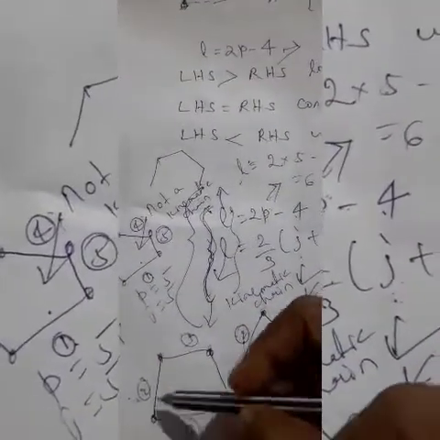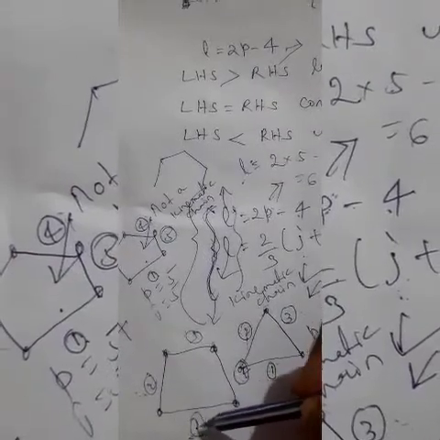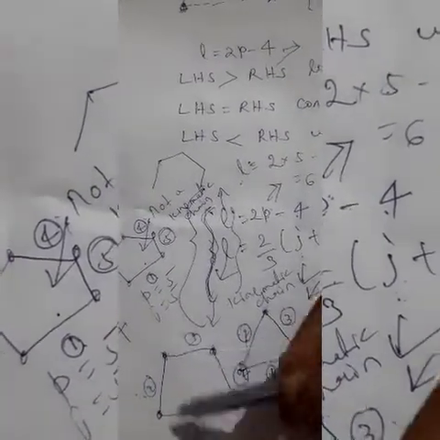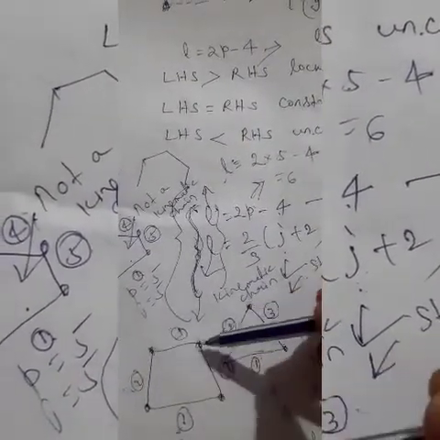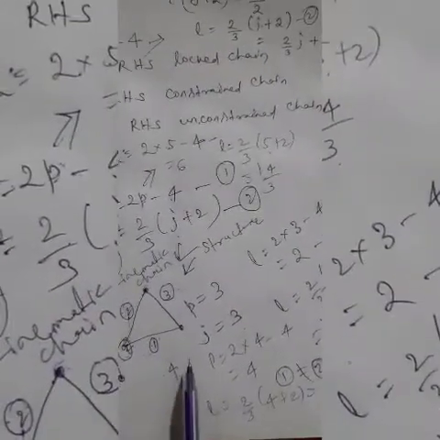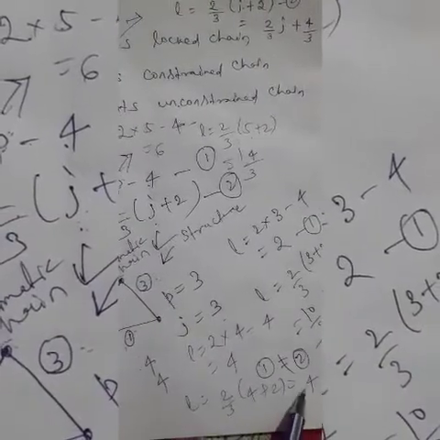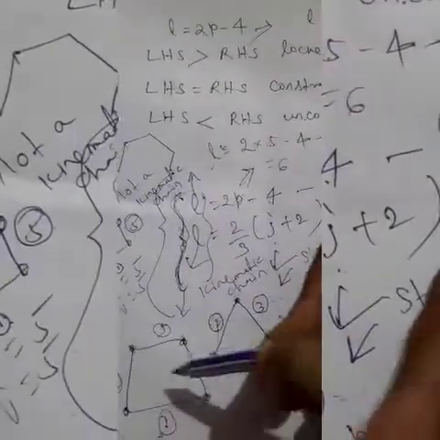But this is a 4 link chain. Here you can see the total number of kinematic pairs: 1 2 is one pair, 2 3 one pair, 3 4 one pair, 4 1 another pair. So the total number of kinematic pairs is 4, and the total number of joints, this is one joint, second joint, third joint and fourth joint, is also 4. So if we put in equation 1 and 2, equation 1 answer is 4, equation 2 answer is 4, so both are equal. So this is a kinematic chain.